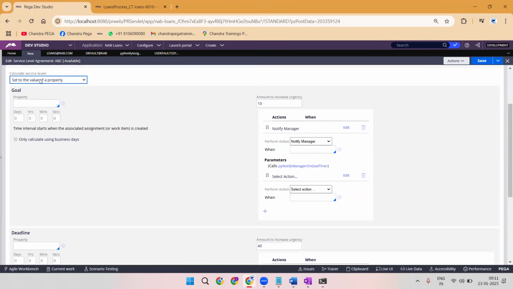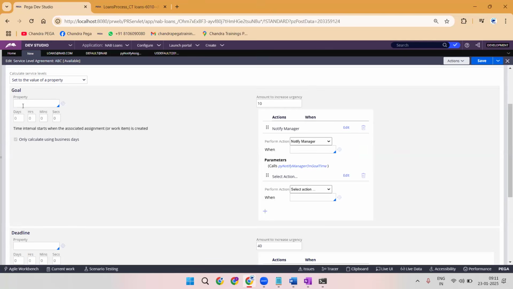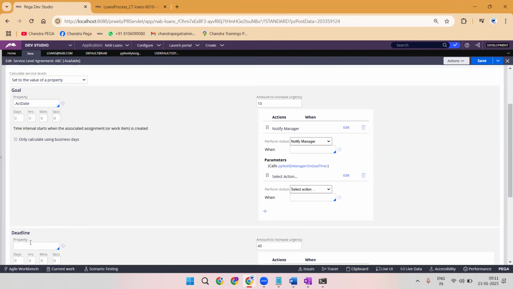Now I'm selecting a property. No doubt I have to give some property reference, which will be only of date time type. If I click on dot, you'll not get all the properties. You'll not see text type or Boolean type, only date type related. So here I can use some property, maybe activation date as one property. I can create it and I have to call it. And something like